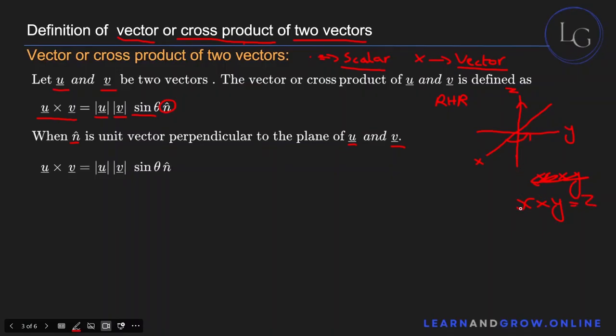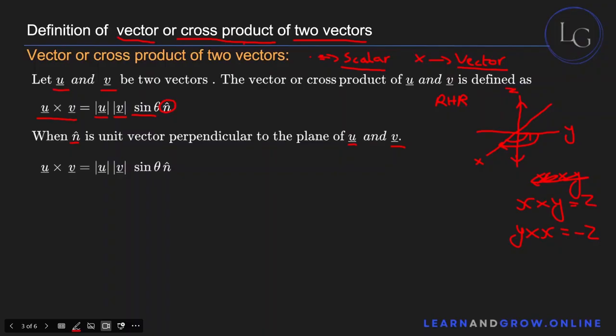However, if it said y cross x, you'll curl your fingers in the direction y towards x, and once you do that, the thumb that is pointing out will point towards the negative z-axis, which means that will give you negative z. And this is a very important concept to understand. Once you get the hang of this, it becomes a piece of cake for everyone. You just try this out a few times. Try this between z and y, z cross y, x cross z, z cross x,